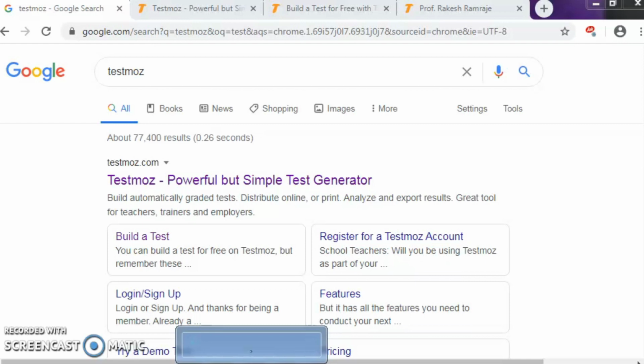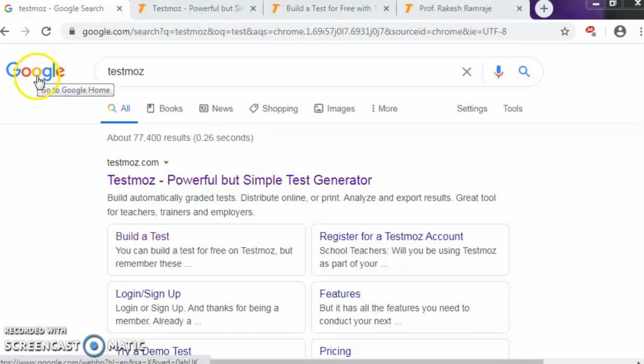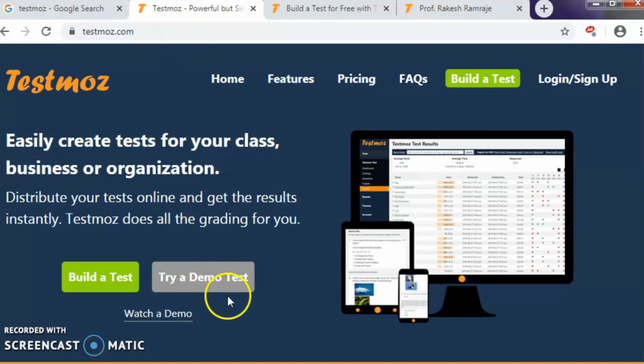So let us see the first step. First of all, in Google, you type the word TestMoz so that the testmoz.com link is open in front of you as a window. Click on it so that the window of TestMoz is open. There are two options given at the lower side: build a test and try a demo test. Out of that, we just click on build a test